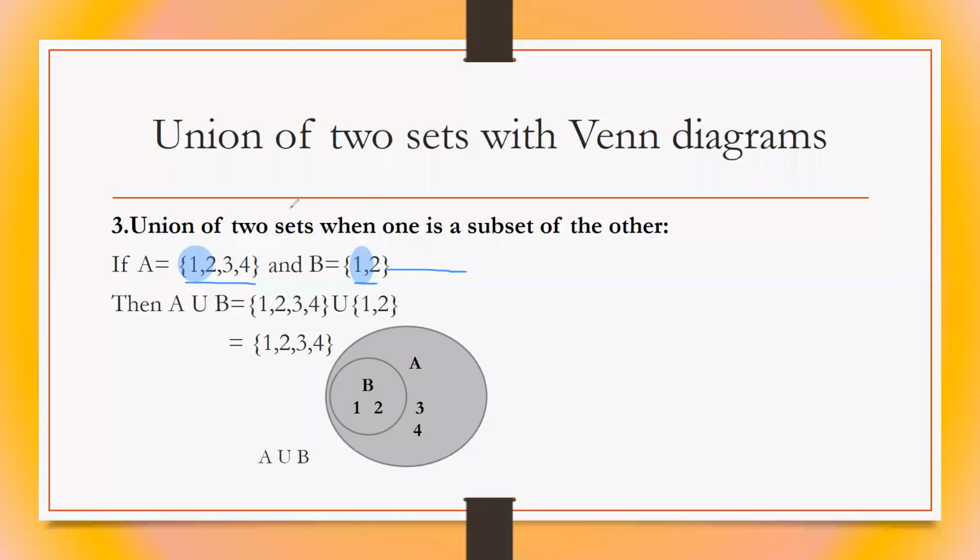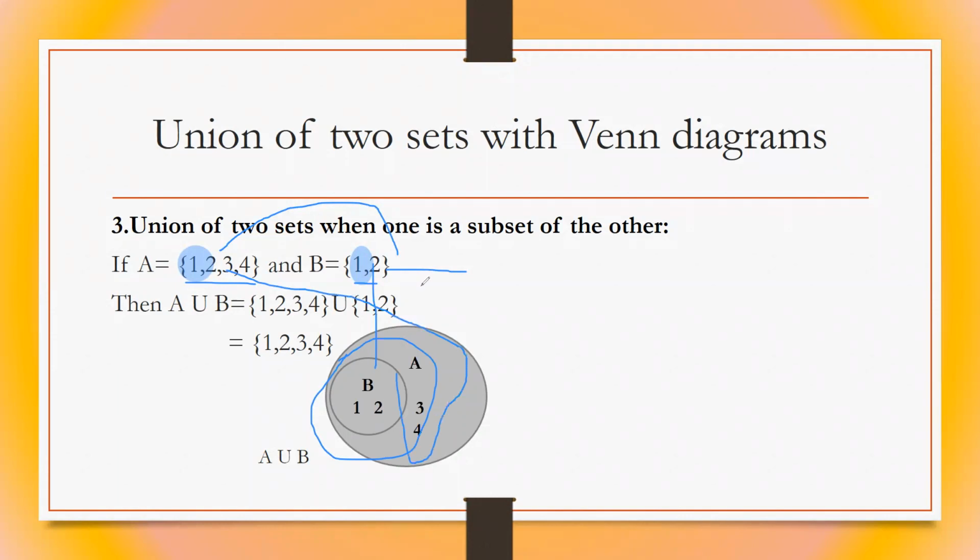So B is a part of set A. B is a subset of set A. By looking at the question, we get that we have to draw the bigger circle for A and a smaller circle for B. Write down B's elements inside the circle and we have to write the remaining elements of A